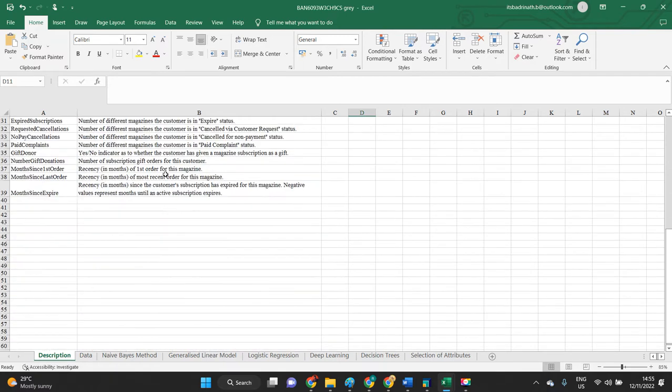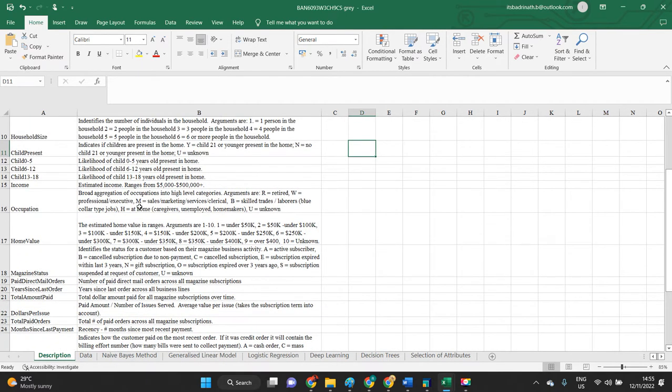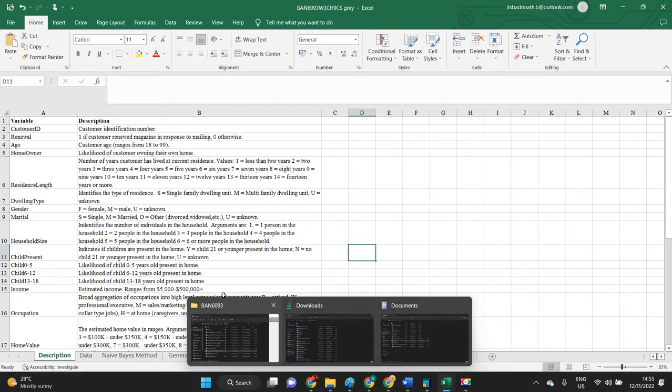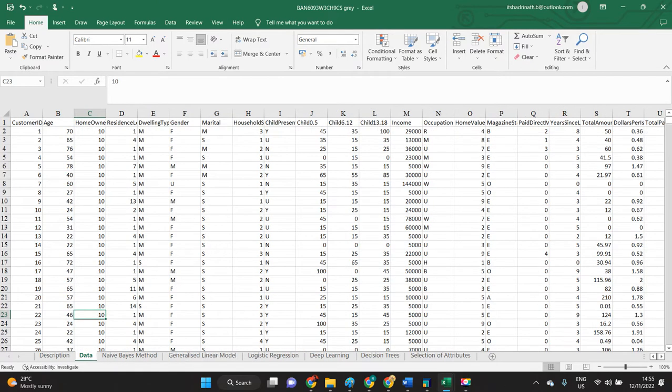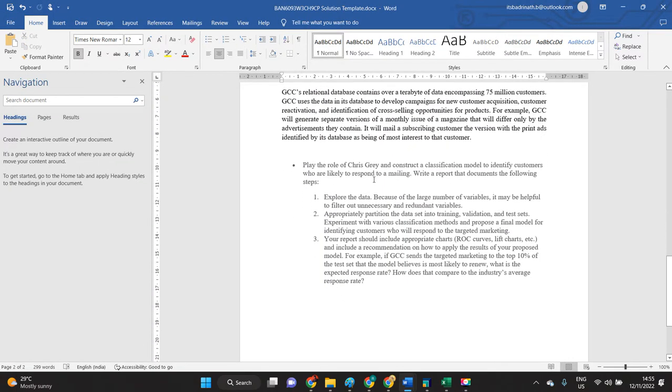Based on these attributes, we are supposed to identify whether the customer who has a TV subscription will be renewing it or not. Based on the collected data, we are supposed to conclude. What was asked is that we use different types of classification methods in data analytics, compare them, and make a proper recommendation to